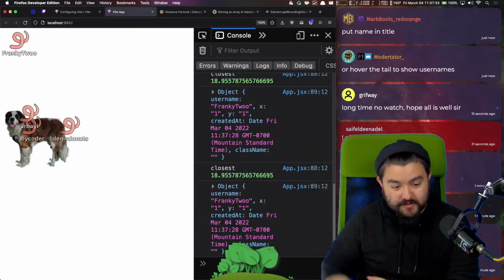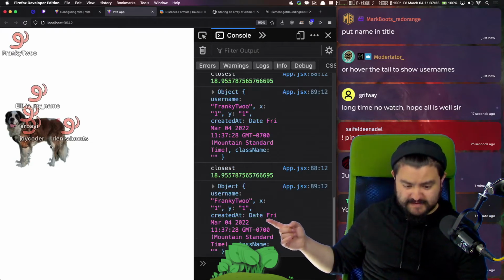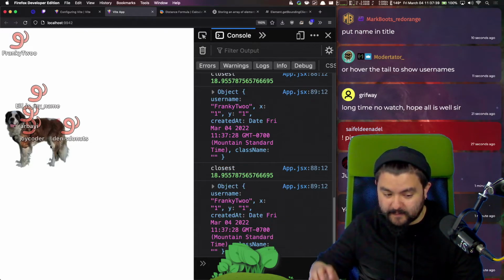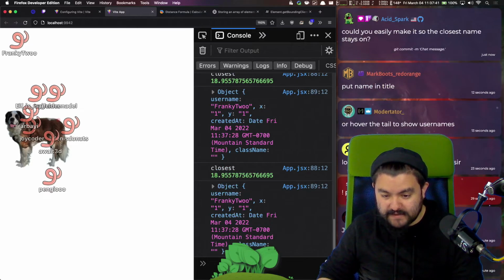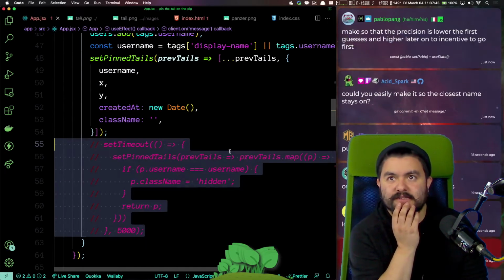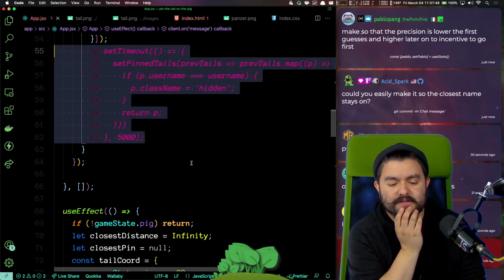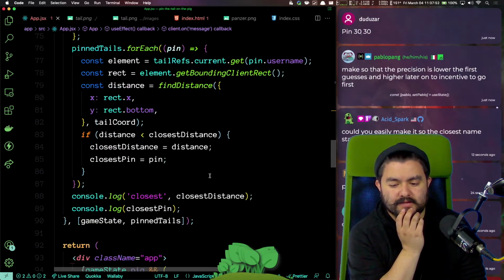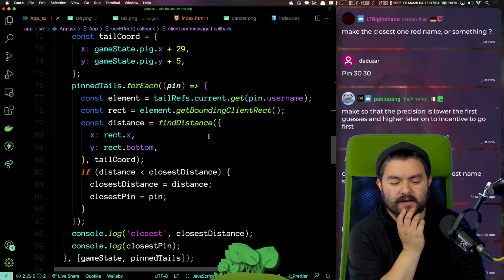All right, Joy Coder is closer. Dennis Donuts is closer. And it's not working. Could I easily make it so that the closest name stays on? Yeah, I could update a state variable to set the closest one. This is okay for now. I just need to figure out what I'm doing wrong here. Oh!